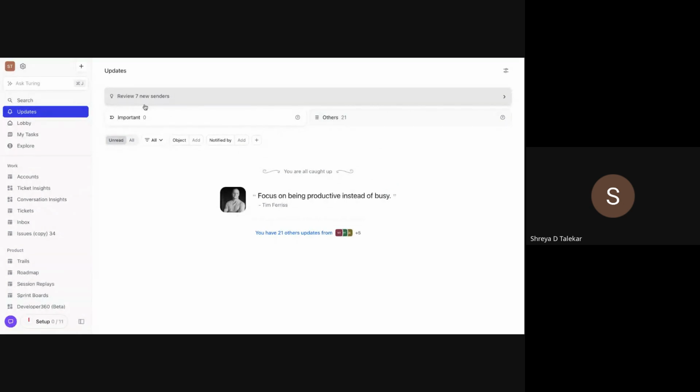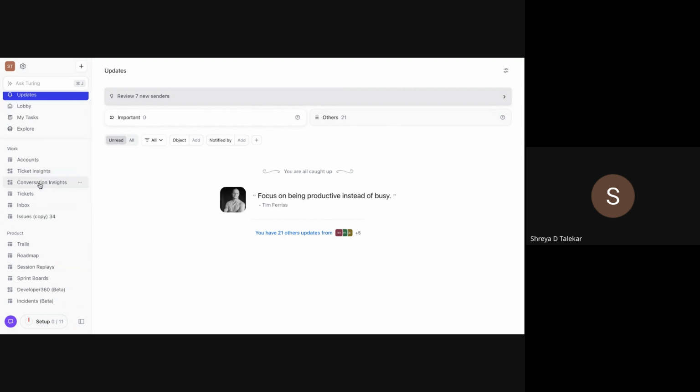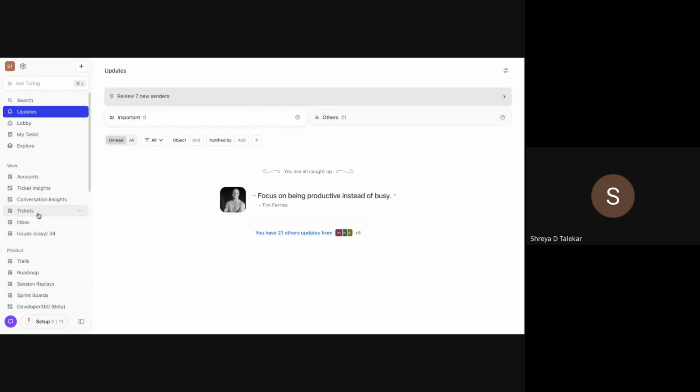And once you log in, this is the kind of interface you will immediately see. So you will automatically be taken to the updates tab right here. Now, on the left side, this is what we call the left navigation menu. This is where everything within DevRev is organized. So you can access everything you need from this menu. To start with updates, this section